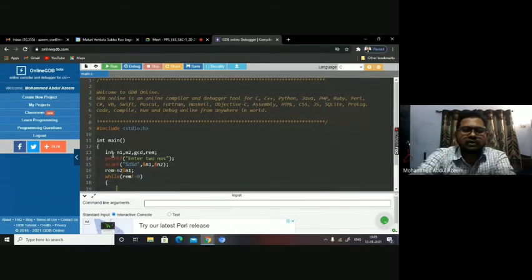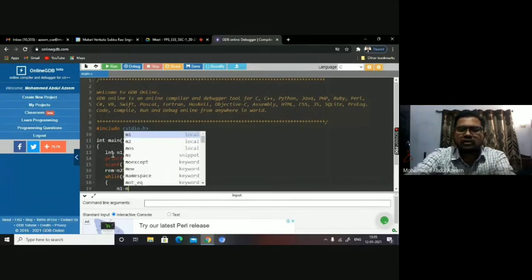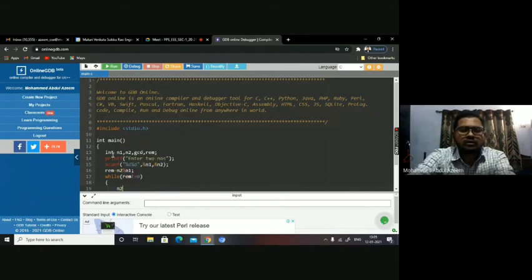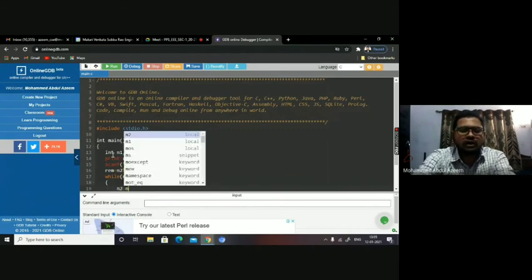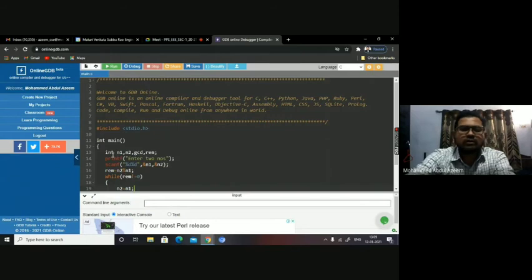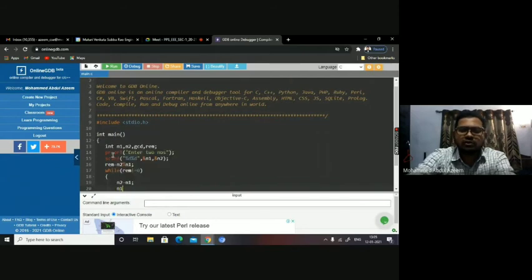So here the logic is n2 is assigned with n1. Then n1 should be assigned with rem. I can't write the second statement before. Why?